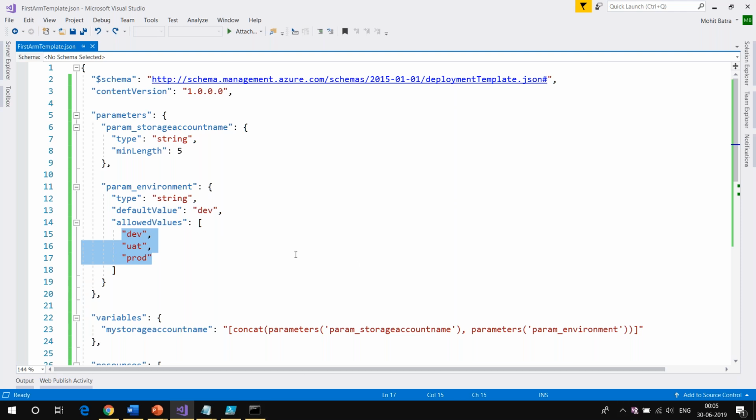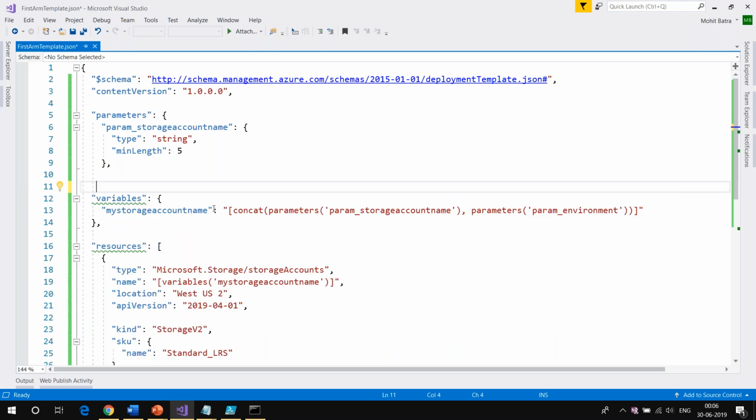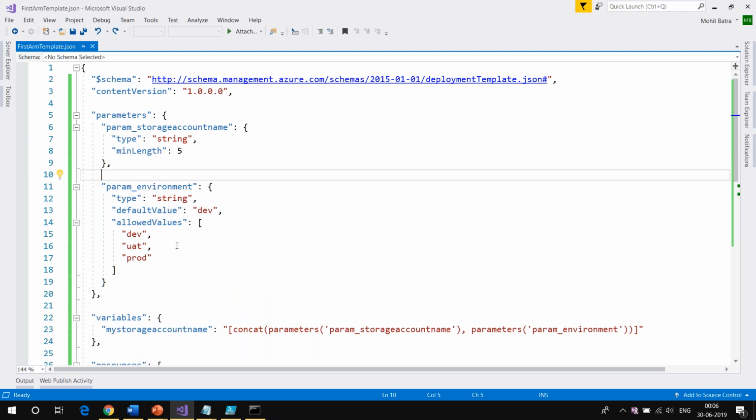Okay, so when they tell you to create a storage account, I could have simply told you to create a parameter and pass in the parameter. That is just removing the hard coding. But when I tell you to create two parameters and then try to pass in an environment variable, now you can see this is more oriented towards the practical, right? I hope this will help you out.